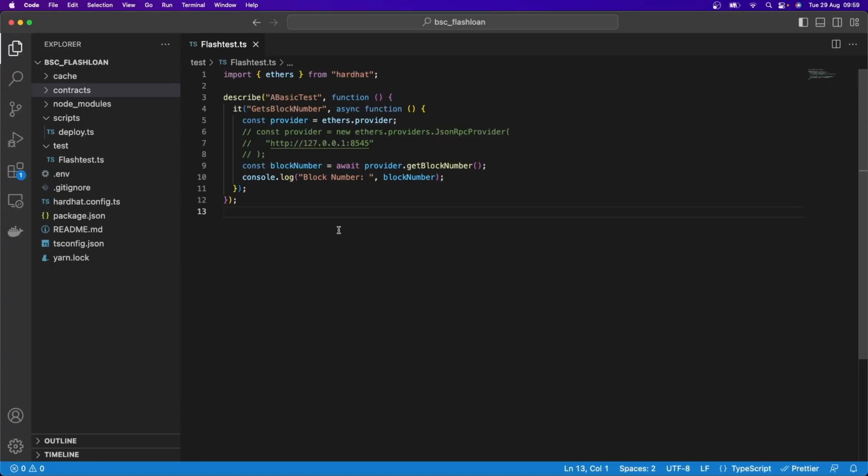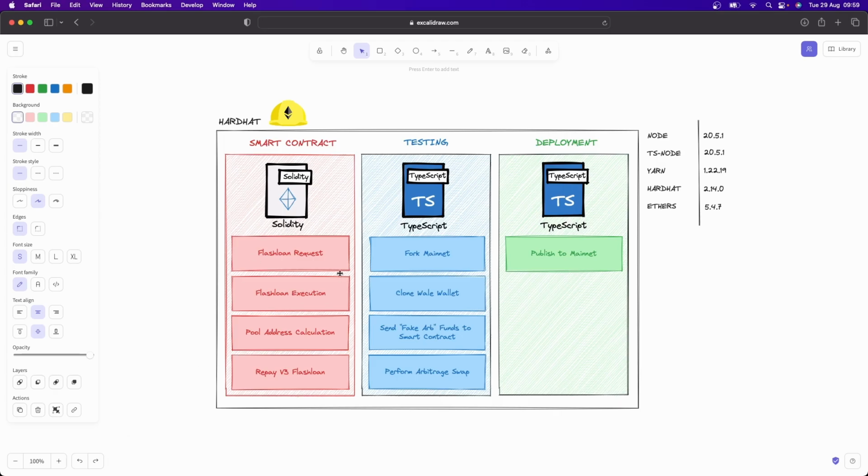Up until now, we've been getting a good idea of how Hardhat works, and that's great, but we now need to dive into working with Solidity and actually building our smart contract. Before we start writing the code, let's take the time to understand what it is we're doing right from the ground up. So if we go back to our project plan over here, we have our smart contract section,